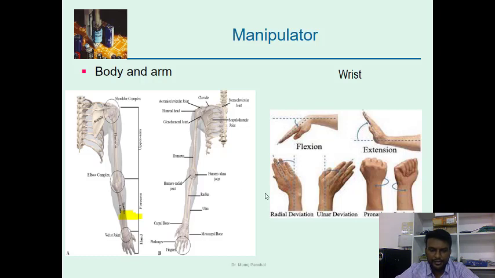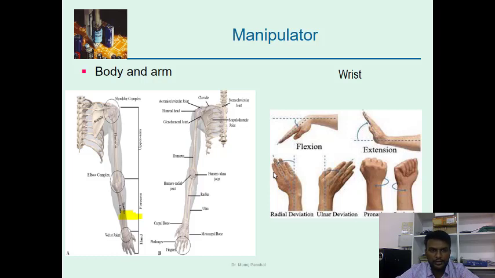At the end of the wrist, there are fingers, the thumb, everything. So what is the purpose of our fingers and thumb? The basic purpose is that we can hold something, we can lift something, we can eat, whatever, holding or placing some part from one place to another place. That is done with the help of the fingers. So the purpose of the fingers is to hold something. That is the third part.